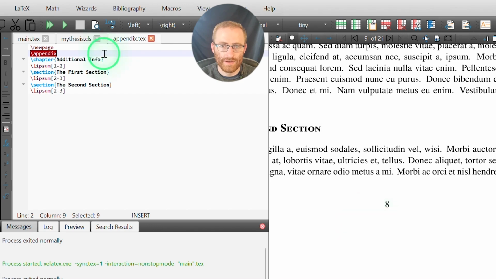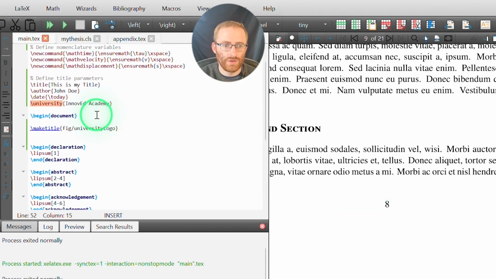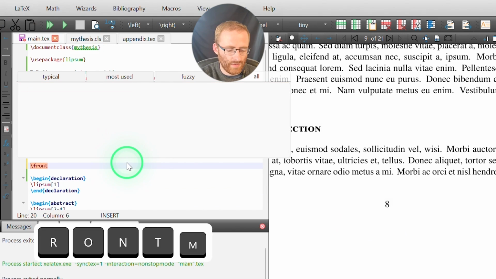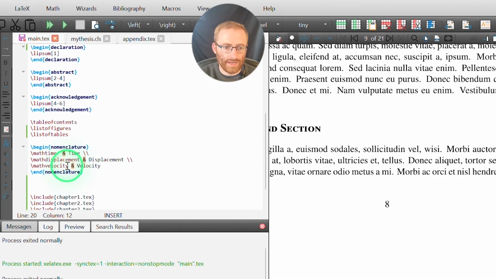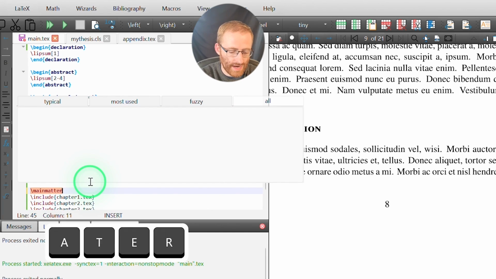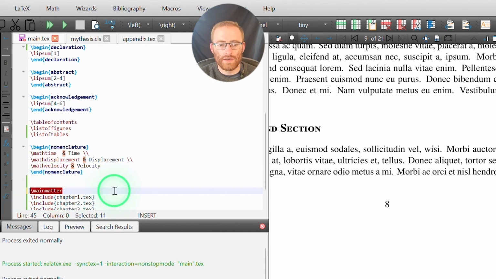And we will build this functionality into two commands. Those commands are going to be \frontmatter, which I can just place where the front matter starts, and then I would place another command called \mainmatter where the main matter starts. And these commands are not defined by default in the report document class. They are in fact default commands in the book document class. And since we've used the report document class as the base class of the mythesis class, which is the one we're using,